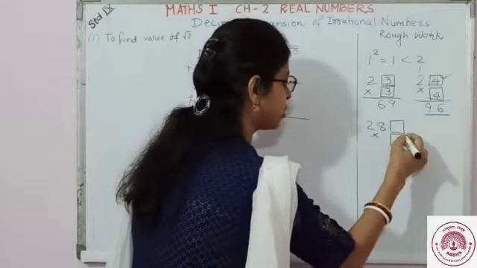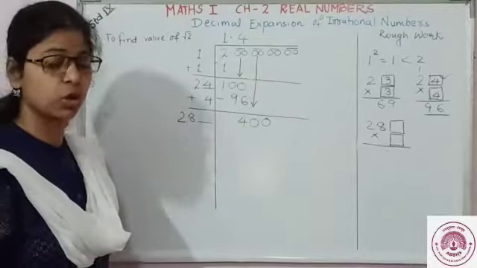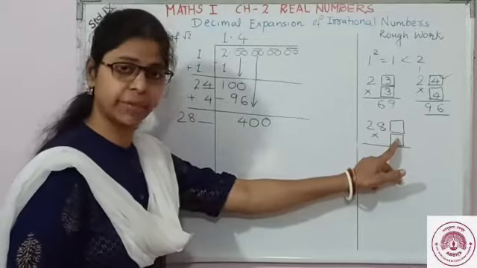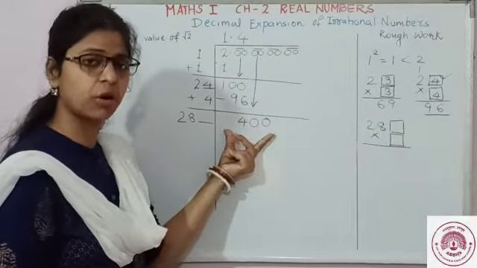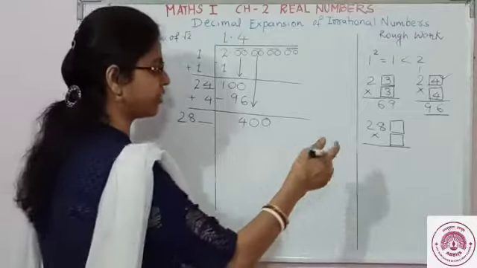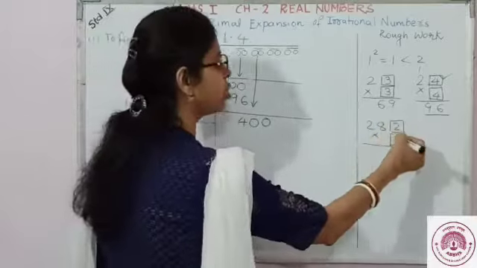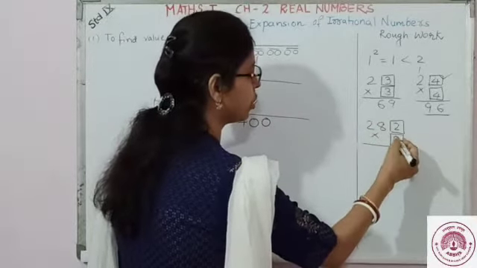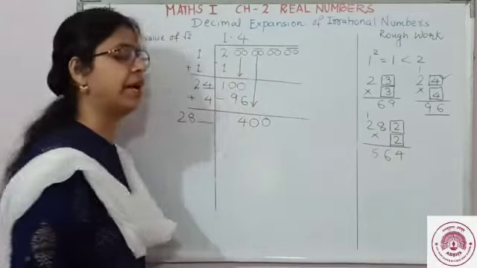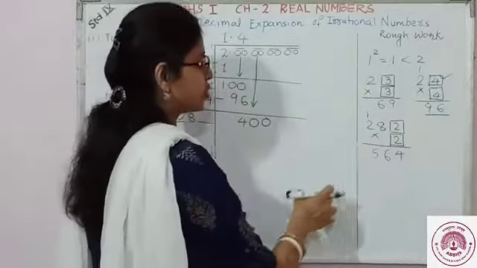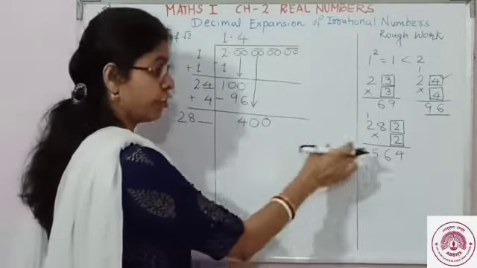Multiply by the same digit. So again the box here. So what digit can I take so that when I multiply with the same digit, I get a value near to 400 or equal to 400? Let's check with 2. What value do we get? 2 2s is 4. 8 2s is 16. 2 2s are 4 and then 5. Here 564 is greater than 400. So we cannot take this 2.